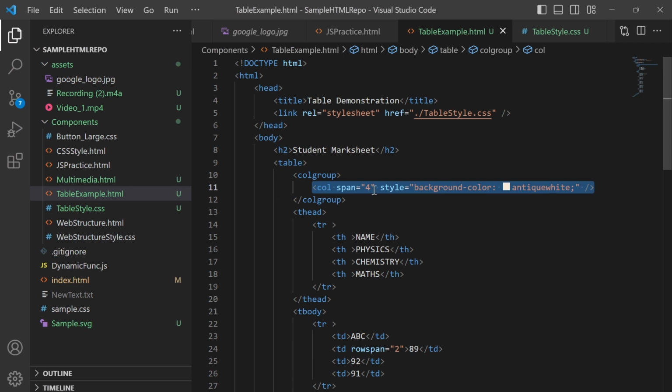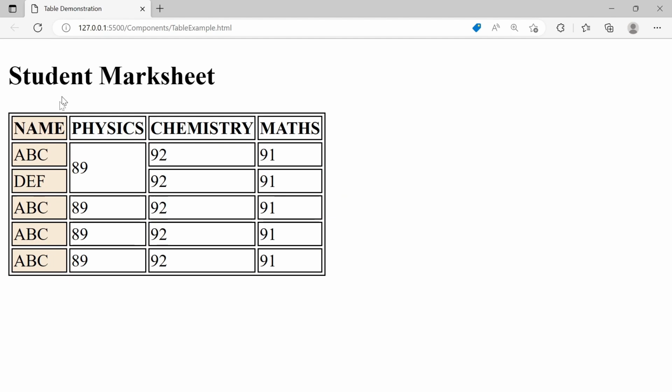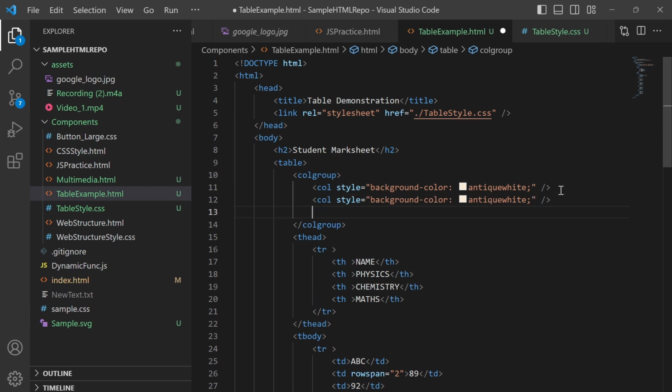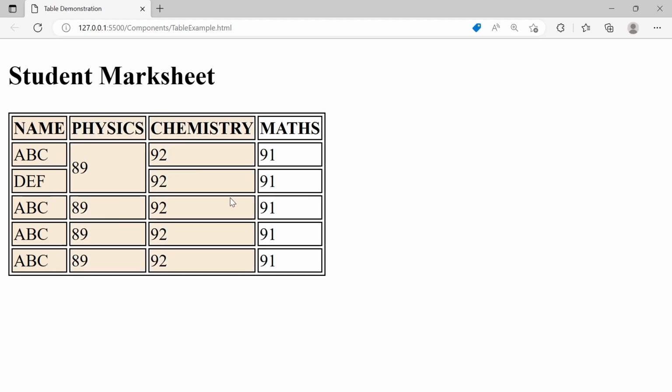Previously, if I don't use it, it just applies to the first column. Then I need to copy paste the same thing 4 times. So now I just copy it 3 times. We'll see for 3 columns it applied and for the fourth column it didn't apply.